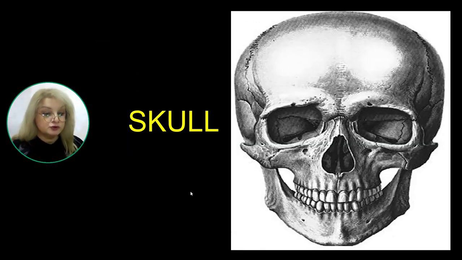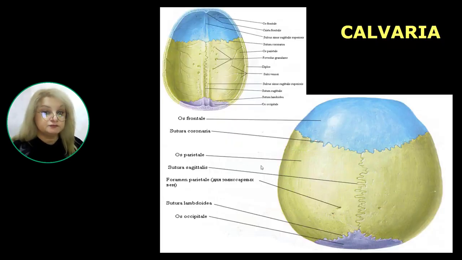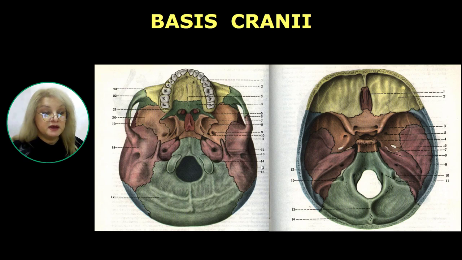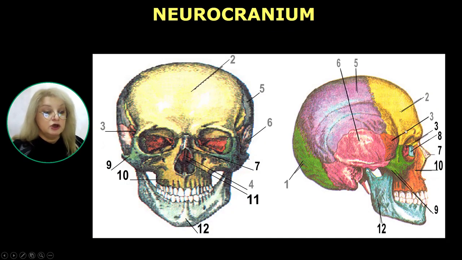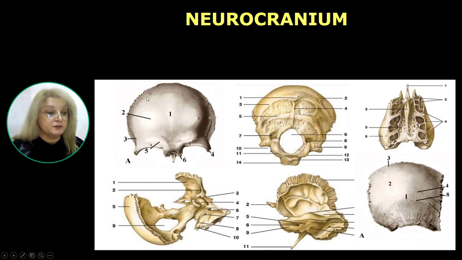Now more close about the skull and its structure. The skull is divided into the calvaria, or roof of skull, composed of several bones, and the basis of skull. The basis of skull includes external and internal parts. The neurocranium, which includes the roof of skull and the facial skull partially, is represented by many bones, like the frontal bone,